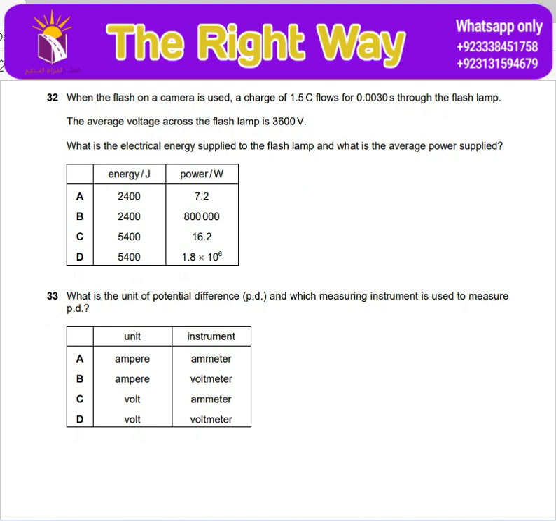Question 32. When a flash on a camera is used, a charge of 1.5 coulomb flows in 0.0030 seconds through the flash lamp. The average voltage of the flash lamp is 300 volt. What is the electrical energy supplied to the flash lamp and what is the average power supplied? We know that P is equal to VI. For electrical power we use V into I. So P is equal to